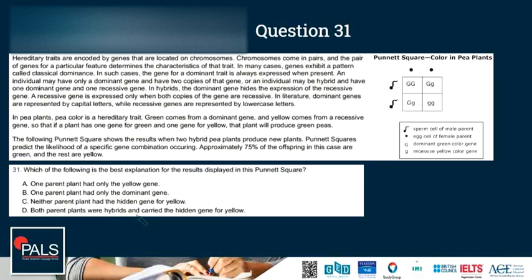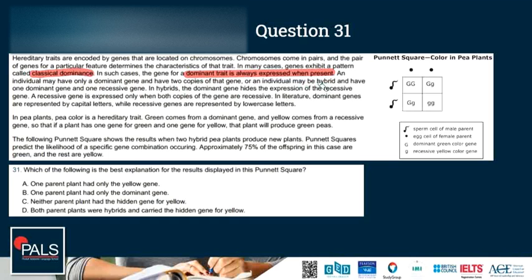In such cases, the gene for a dominant trait is always expressed when present. An individual may have only a dominant gene and have 2 copies of that gene,